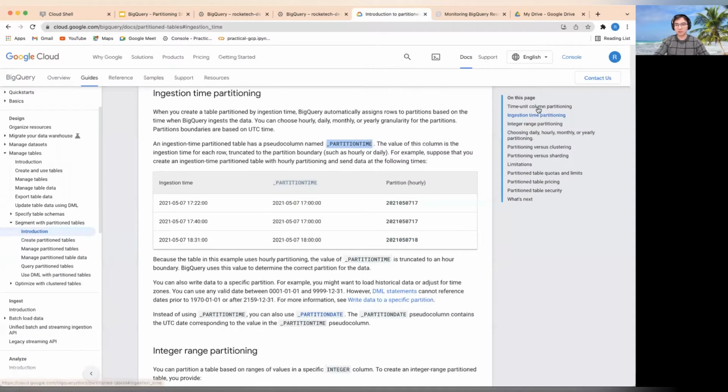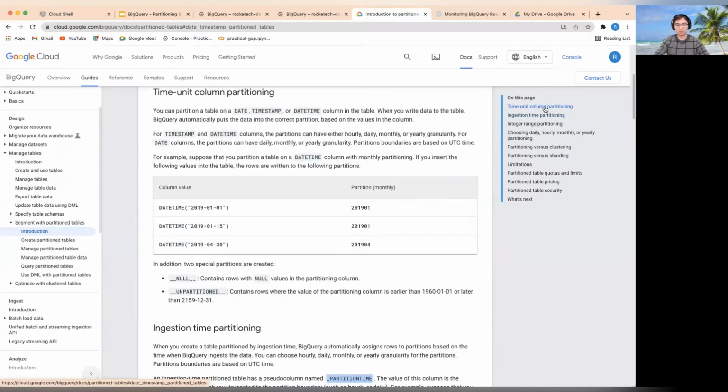Okay, so now let's talk about time unit column partitioning. This is very similar, but instead of using the automated time generation, you can use one of those data types to partition the data yourself. Here it supports date, timestamp, and datetime. So this is